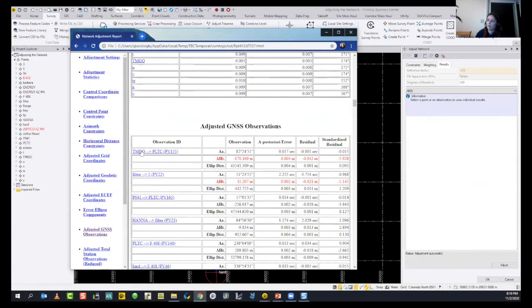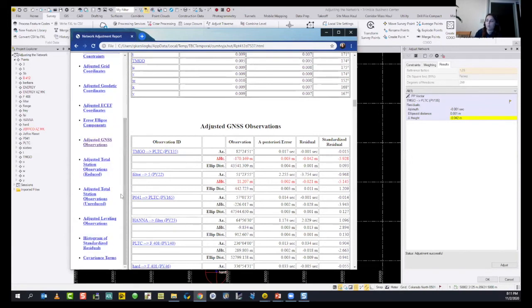If I hit on TMGO, this observation, I will see under Adjust Network menu, I will display it. So delta height is 0.042.